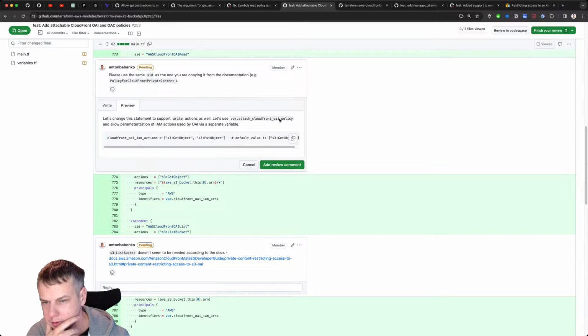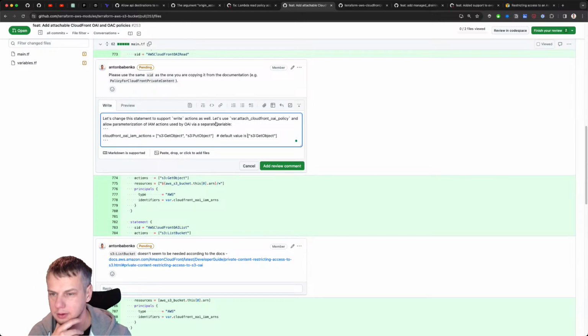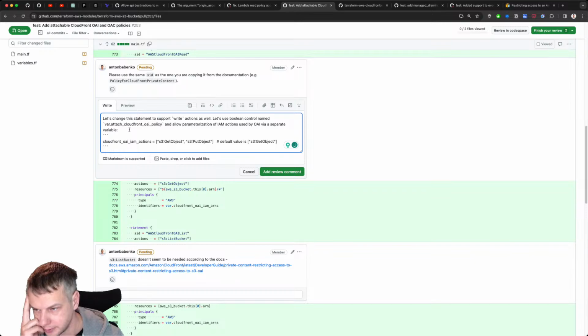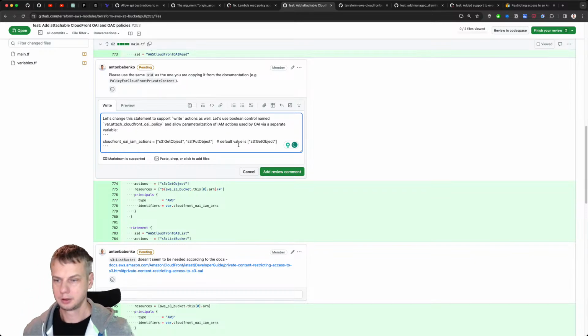Let's use policy. Let's use boolean control named and allow parameterization with a separate variable.